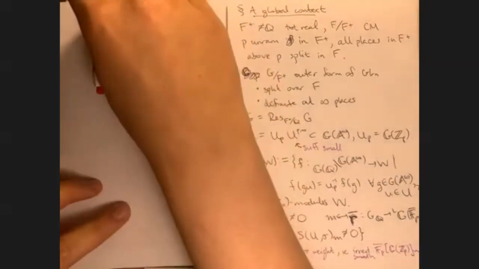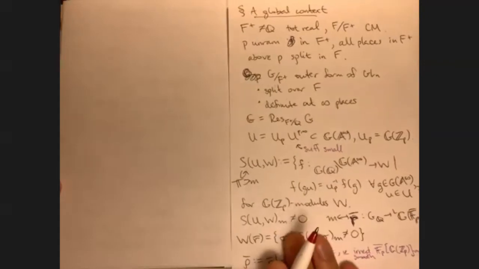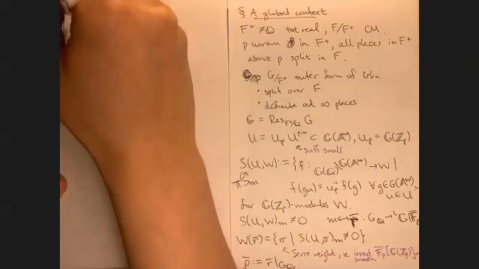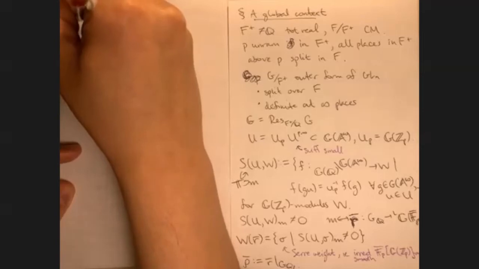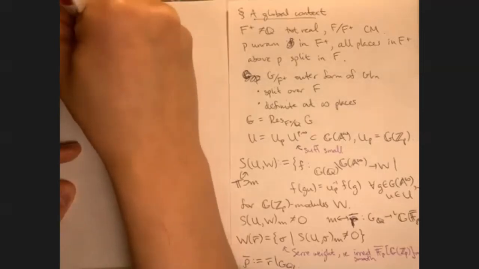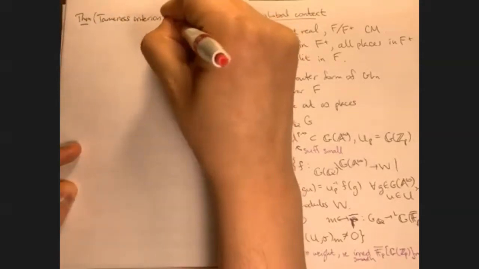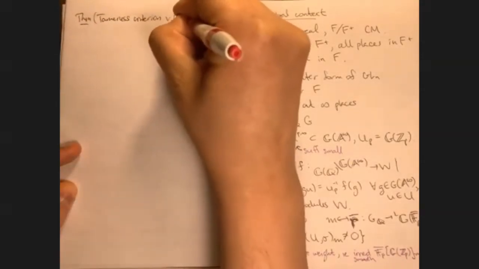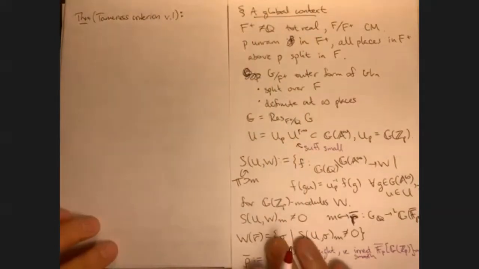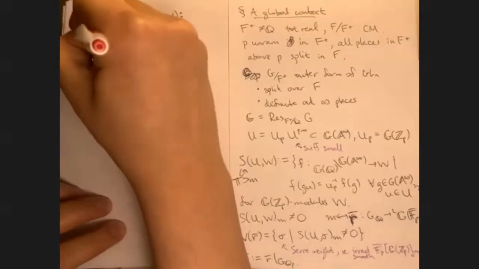Okay, so let me now write down the tameness criterion. Here's the theorem. I'll call this Tameness criterion, version 1. And if there's time, I'll discuss a second version. Okay, so assume that the local Galois representation at P